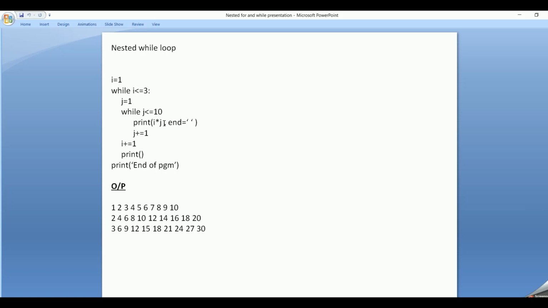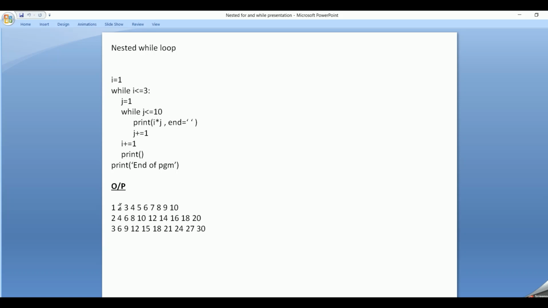Once j reaches 10, it has reached the end of the while loop. So it comes to the next statement where it increments i by 1. So i becomes 2. Is i, 2, less than or equal to 3? Yes, it enters the loop again where it reinitializes j to 1, and again j ranges from 1 to 10.